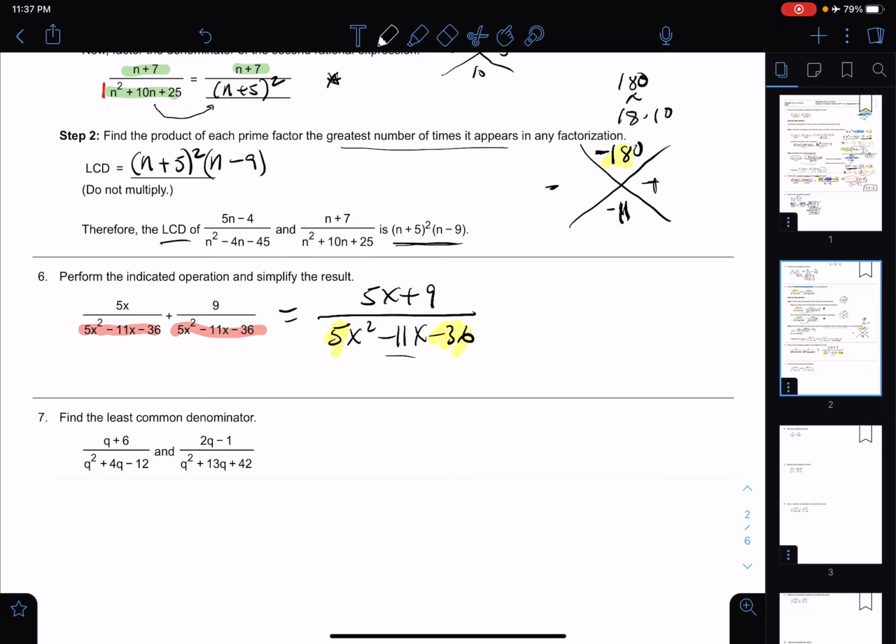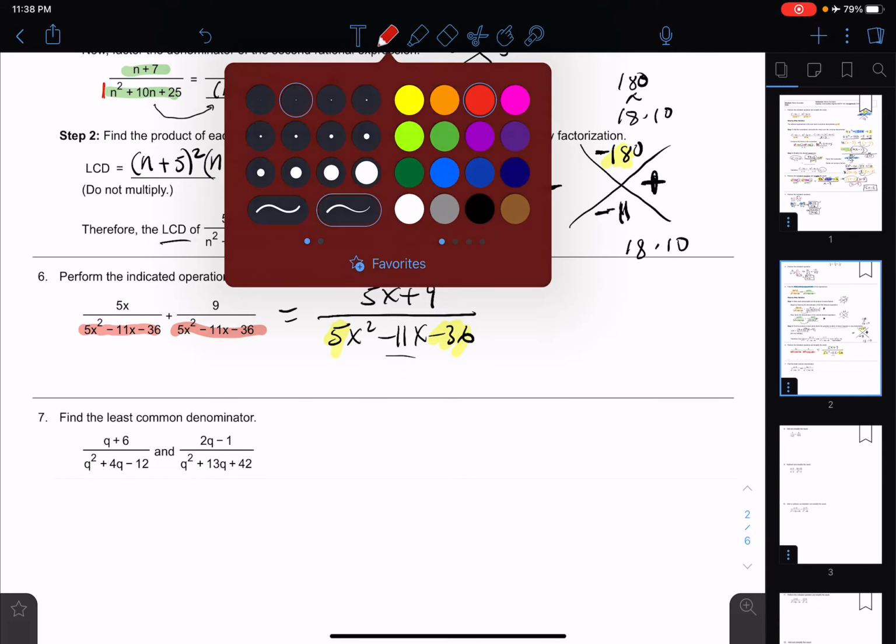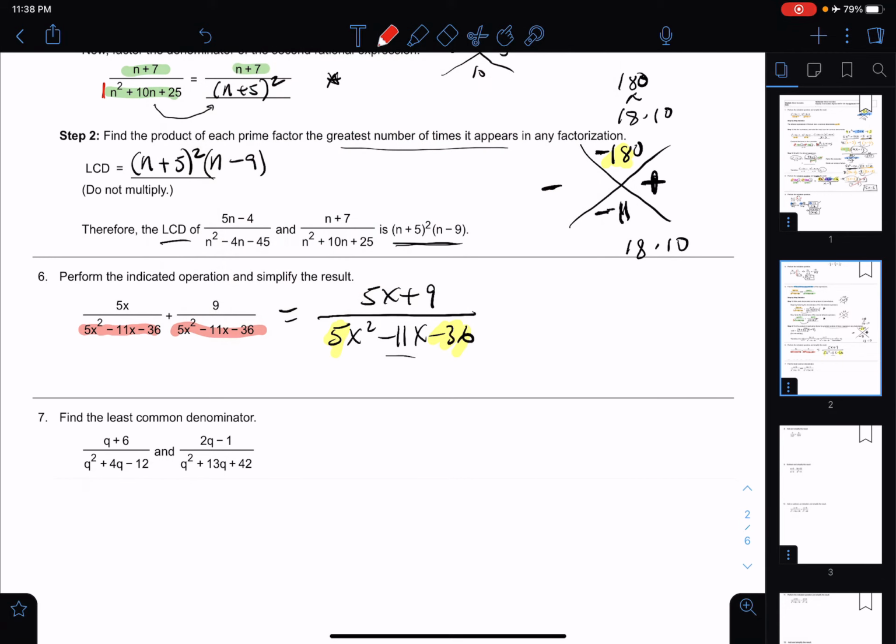So now what I've done is I've broken this into a pair of factors. 18 times 10 is going to give me 180. Now I can see it adds to a negative 11, so these guys are going to have a difference of 11. Right now, 18 minus 10 is a difference of 8. I need a difference of 11. So another thing that I do, and hopefully this doesn't get too confusing, you could always use a calculator to find factors. But if you're having to do it by hand, let's